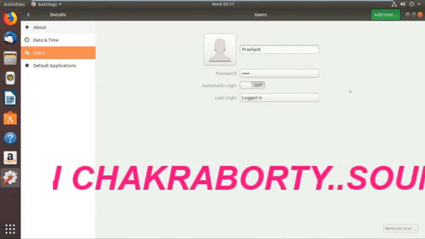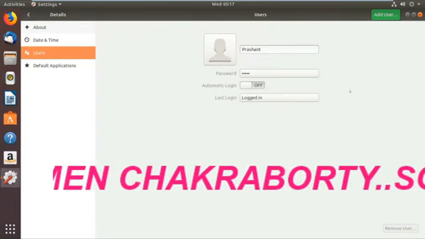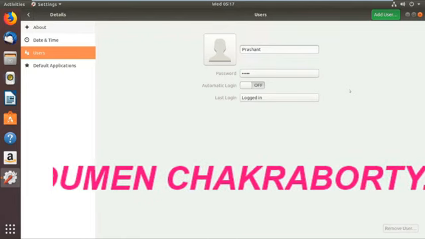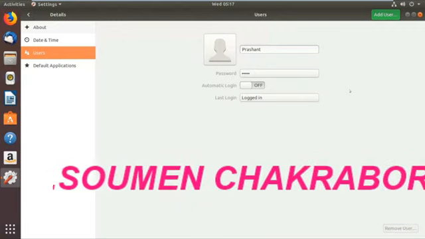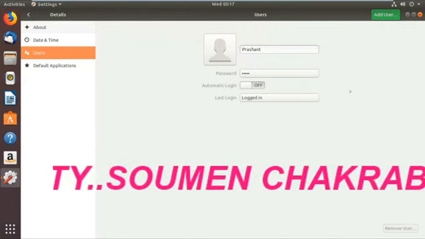And if you want to do it from command line, just as you have seen, the adduser option. First you have to switch account, then sudo access. If sudo access is not there, then you have to use the nano command through this default user. Through nano you have to edit in the group file, and in the